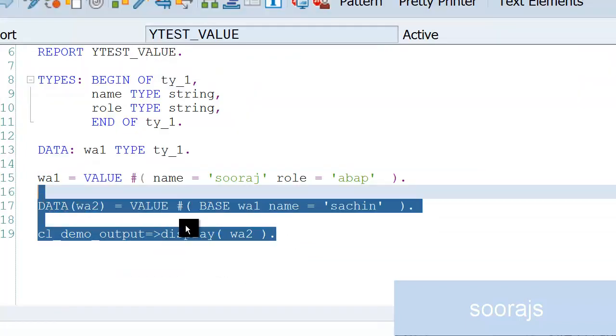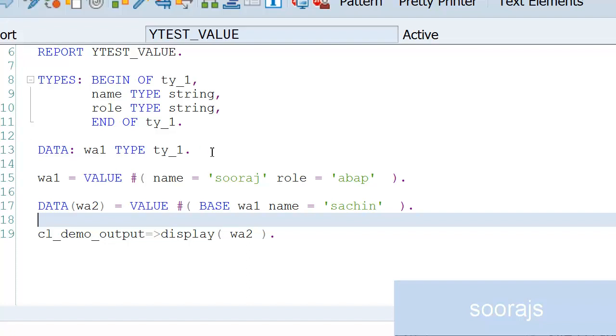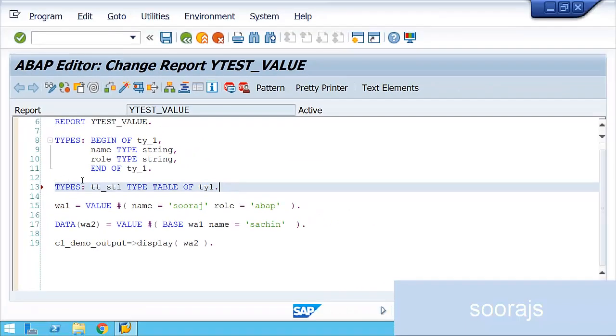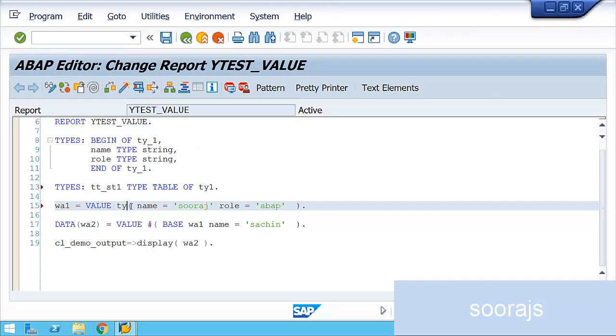So now for internal tables, I'll start with types, table type first. I'll say tt_st1 type table of ty_1. So I'm going to define a table type. Let us start from the beginning with the same approach which we followed for the structure.